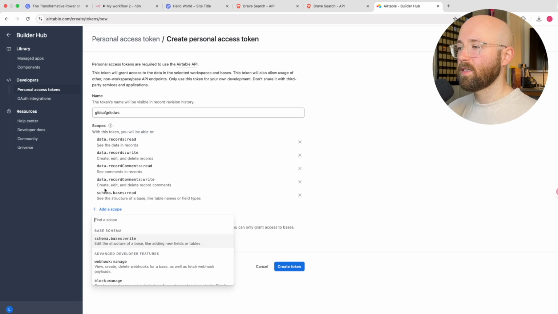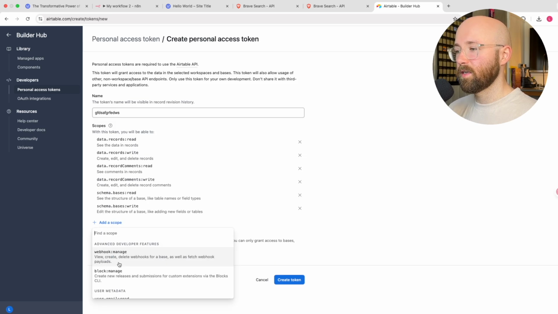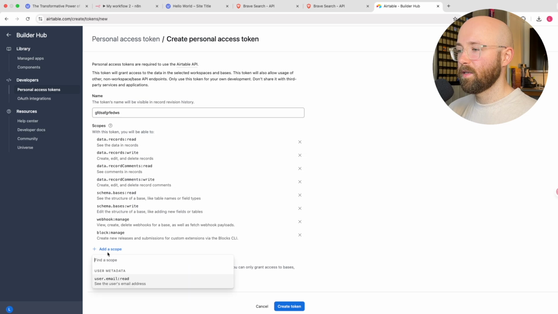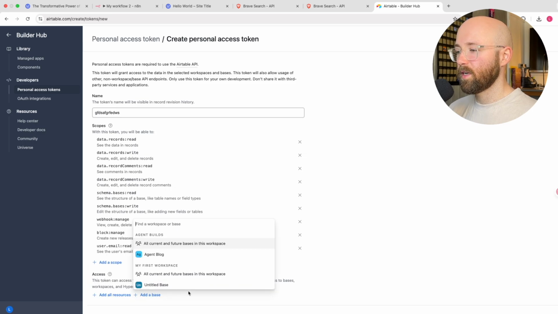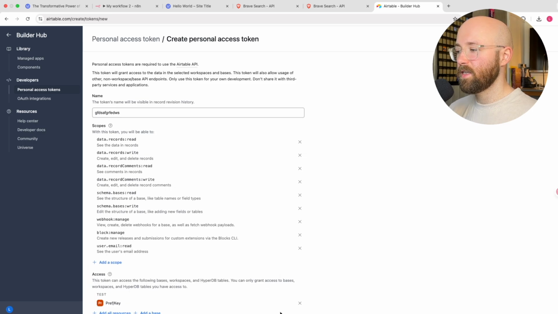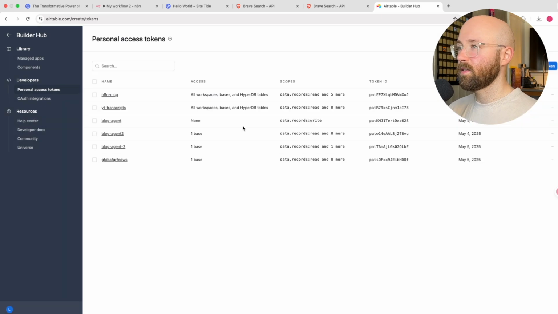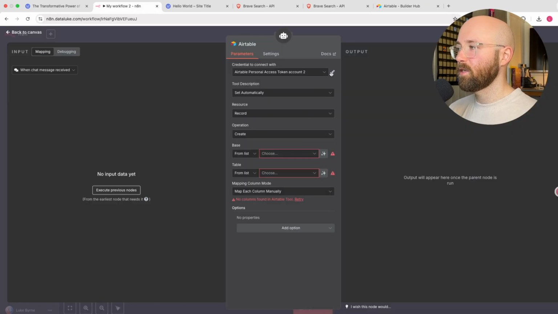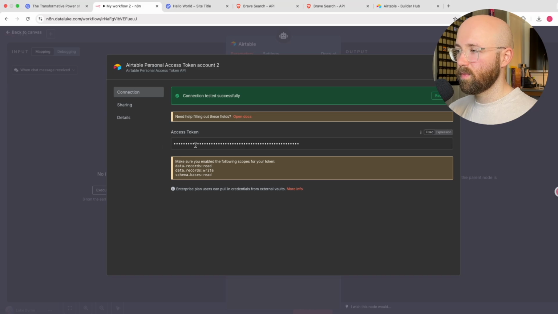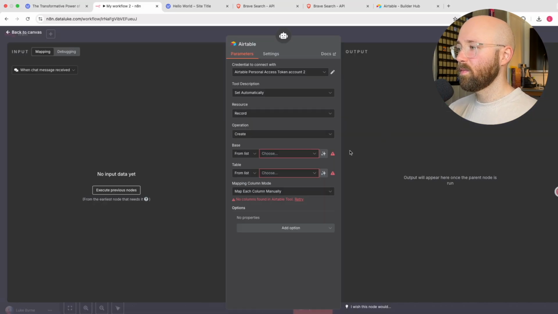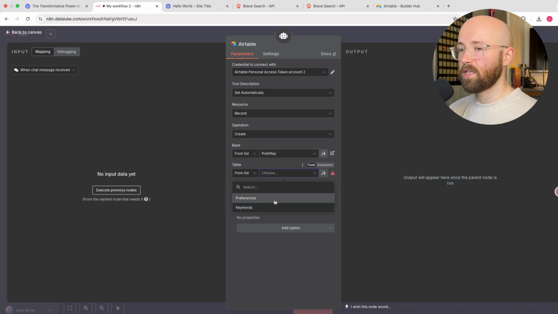I think, yeah, base schema base is read and write, yeah, so that'll be why. That's fine, just everything, so we don't encounter this again. Pref key, create token. Right, so we'll get a new token here. Let's copy that, click done, go back here, change that, and then we'll just paste in the new token. Save, it'll test the connection, perfect. Right, so this time it'll pull it through, pref key, table, it'll pull it through, preferences and keywords,